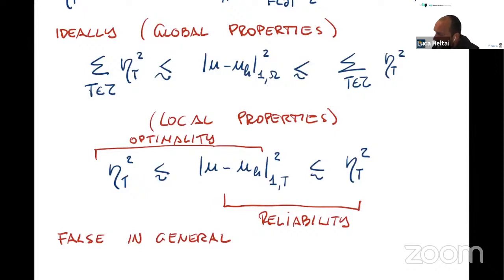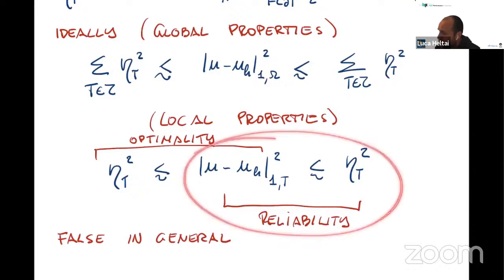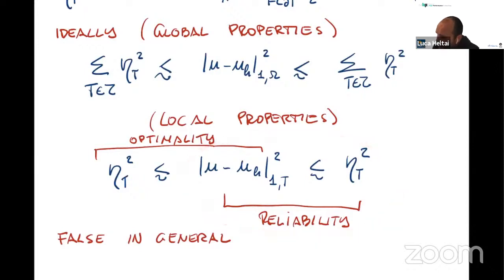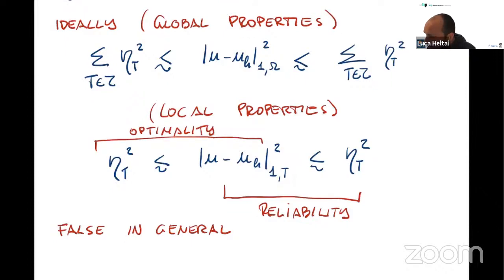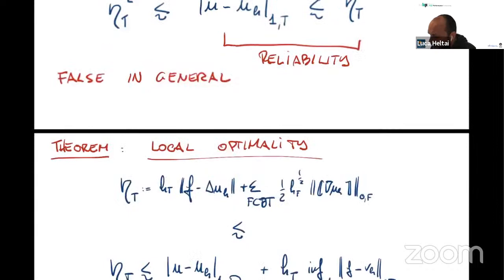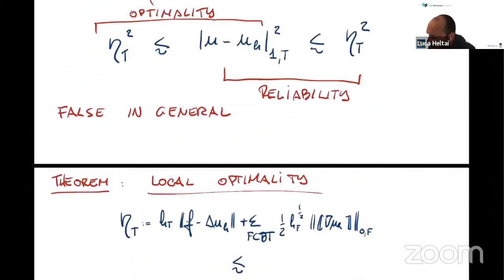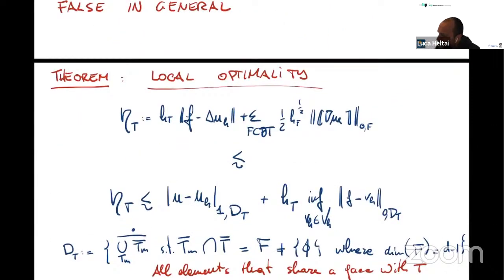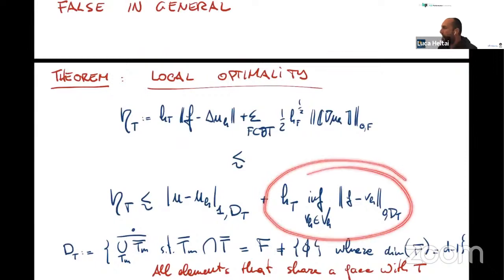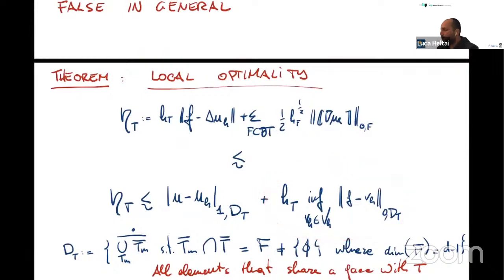The local properties, this part is not easy to prove, and this part instead is easy to prove, provided that you accept to have an estimate with a perturbation term that depends on the force term, and provided that you don't look just on T, but you look on something which is larger than T. So in general, you cannot prove local properties. This is false in general. What you can prove is a local optimality property that contains a term that is usually called oscillation term